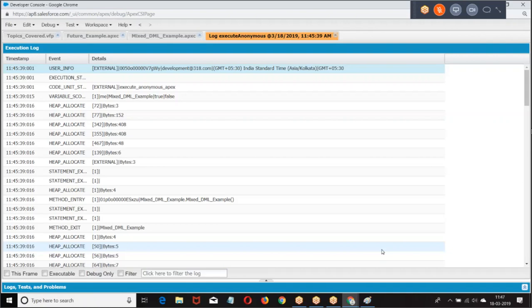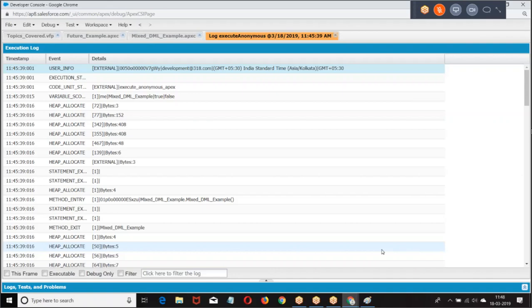What are non-setup objects? Objects on which, if you make a DML, they will not impact the permissions of others. They are called non-setup objects. Example: account, contact, opportunity. What are setup objects? Objects on which if you make a DML, they will impact the permissions of the user. User, permission set, object permission, field permission, group member, territory, user territory, this type of objects.